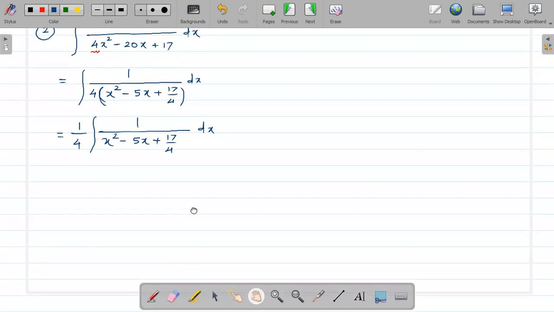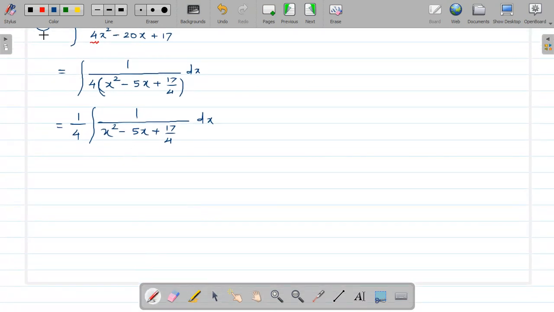Now here we will add the third term. As you know, the third term is equal to 1 by 2 into the coefficient of x, total bracket square. The coefficient of x is minus 5. So what will you get? It will be minus 5 by 2 bracket square, which is 25 upon 4. So the third term is 25 upon 4. Check this carefully.